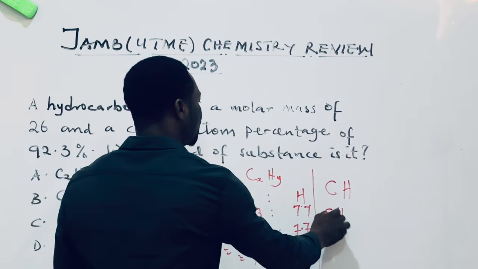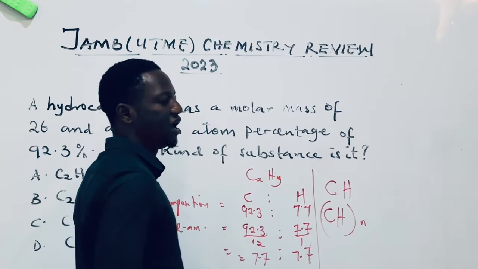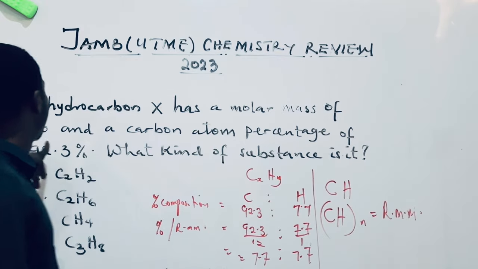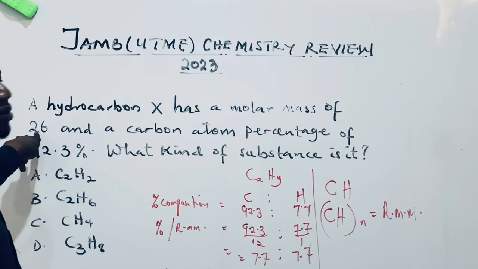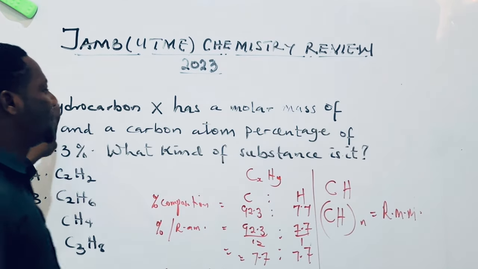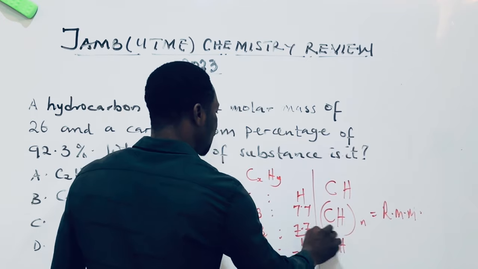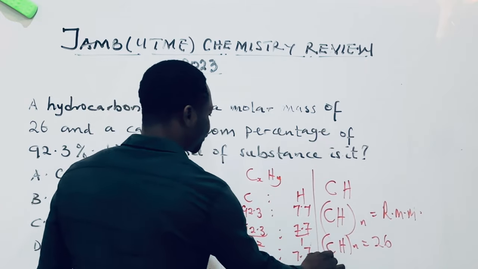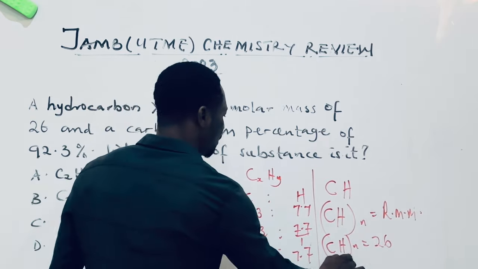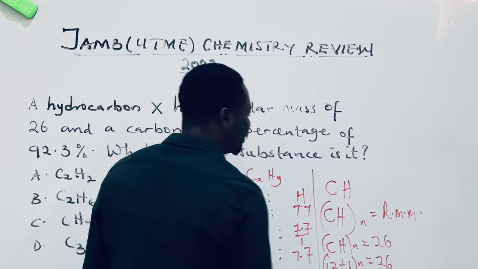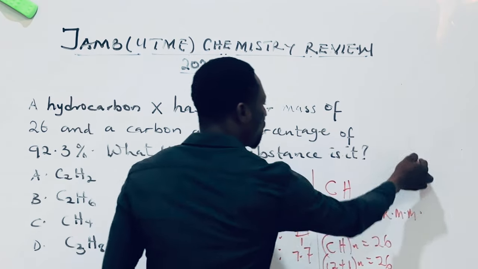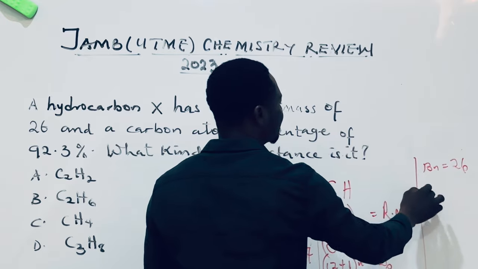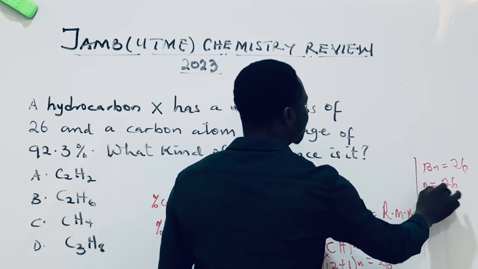So the empirical formula multiplied by unknown value n should be equal to the relative molecular mass. They gave us the molar mass of the hydrocarbon, that is 26. If the molar mass is 26, we have CH all into n is equal to 26. Carbon is 12 plus hydrogen is 1, all into n is equal to 26. So we now have 13n is equal to 26, and n is equal to 26 over 13, which